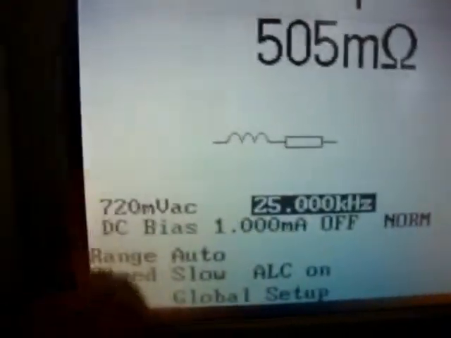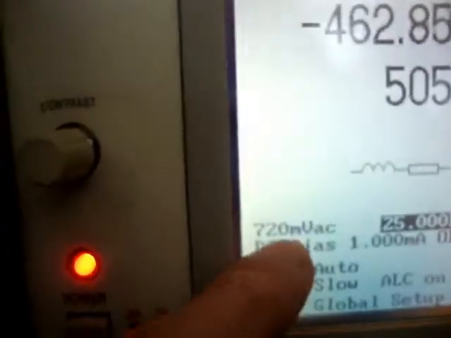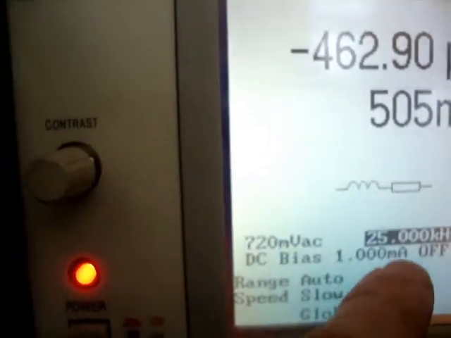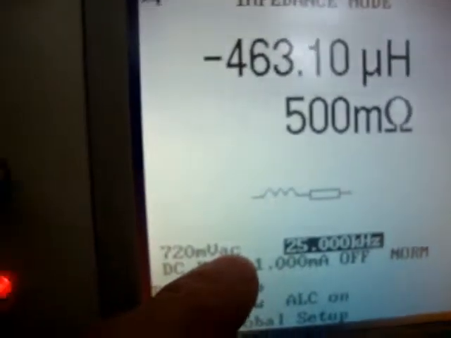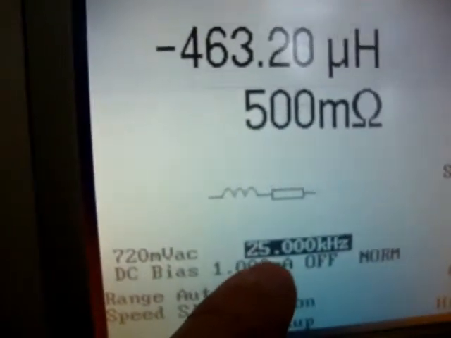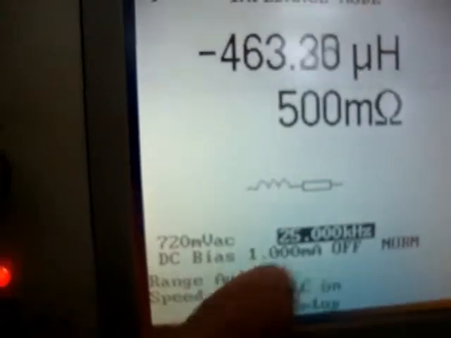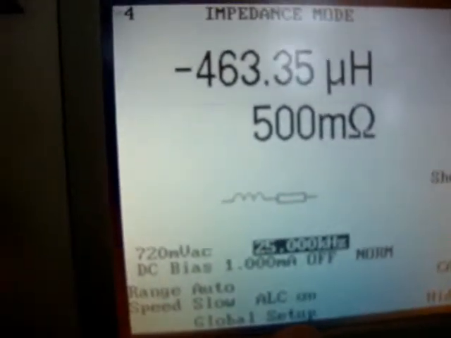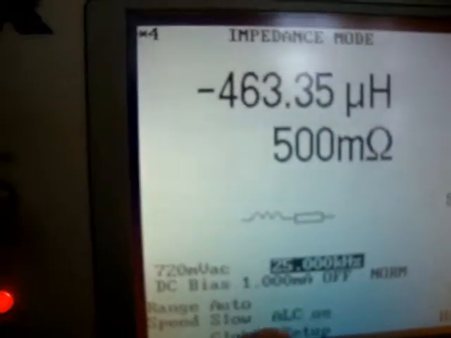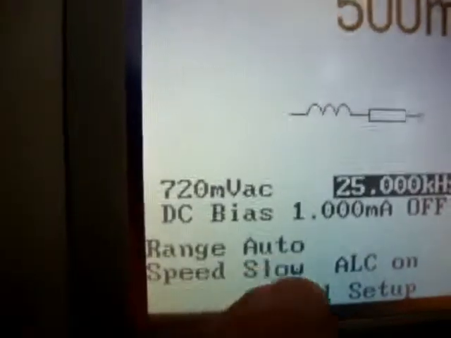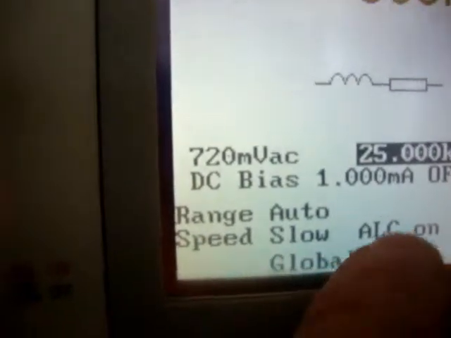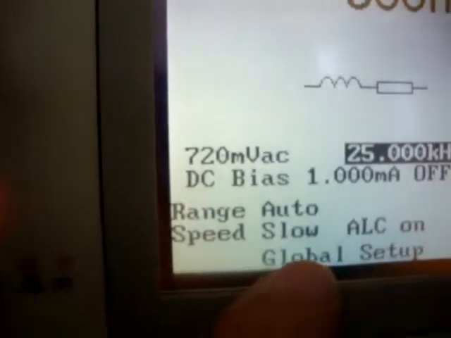Now, it is showing me that the DC bias of 1 milliampere is off. We have 720 millivolts AC, and we're dealing with the frequency of 25 kilohertz right now. Although I can go anywhere from 0 to 500 kilohertz. Range is auto. Speed is slow. ALC is on, and global